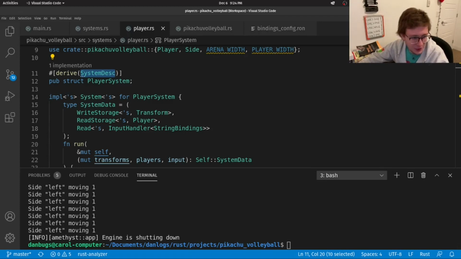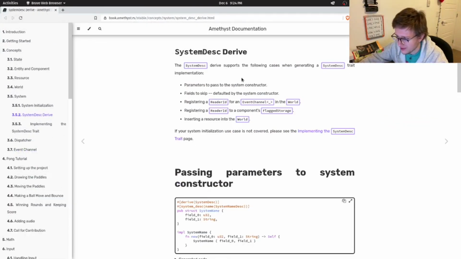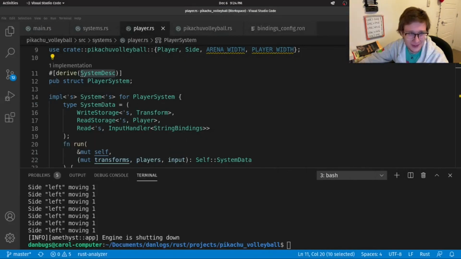In fact, I don't even know if we need a default implementation, because I was taking a look at the Amethyst book, which, by the way, I'll also put in the description. If you take a look at this, these are the benefits that it gives us, and I don't think we're using any of it. So I don't think it's extremely necessary, but it seems to be good practice to put it in, so we do. And the game runs just fine without it, by the way.